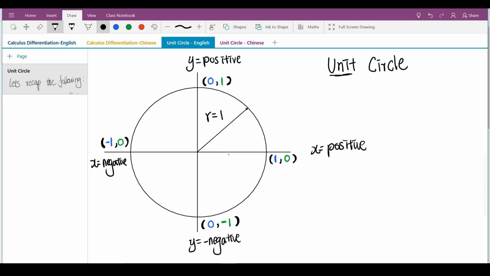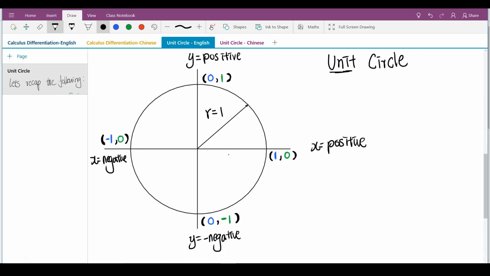All right. After we got that bit done, let's talk about the angle. Now, obviously, so far people would be used to using theta to represent angle, correct? And there's nothing wrong with that. And we know that one full revolution is 360 degrees, right? 360 degrees. But I hope you do know that 360 is